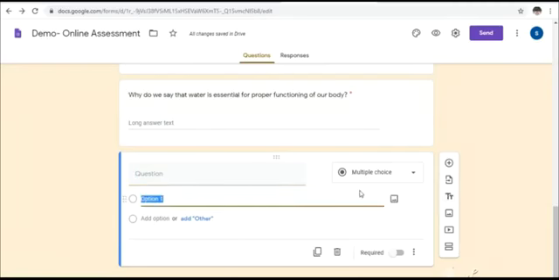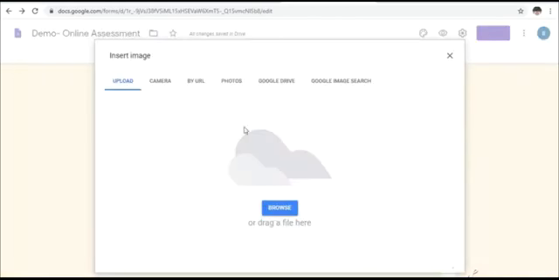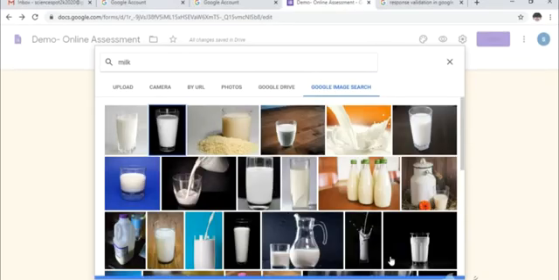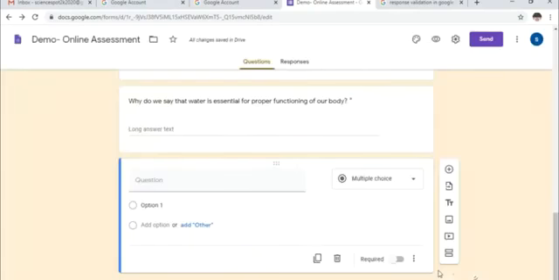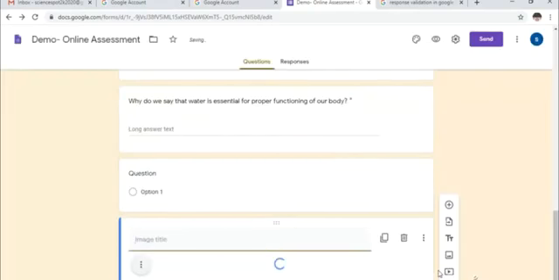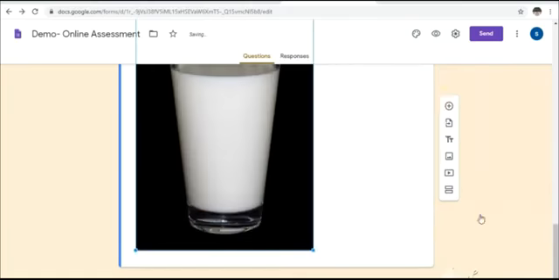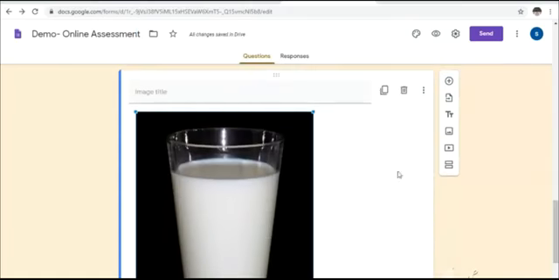Okay, so I have selected a question and I'm going to add an image. Let me go for Google image search. Once I select the image, I can resize it according to the size I want.